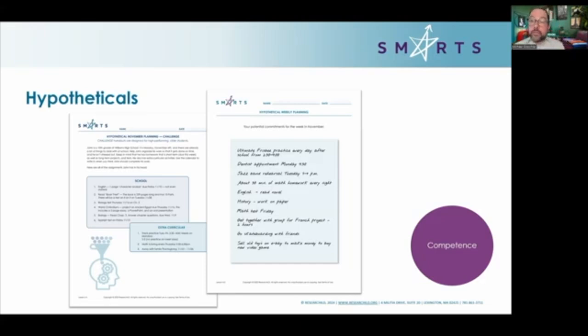Okay? Another great competence-based strategy is doing a hypothetical. It could be very overwhelming to plan out your month. If you're a junior in high school, it's important to do, or in college, forget about that. You need to be able to set weekly goals and work towards the big stuff, but that's really scary. So do it for a hypothetical, an imaginary student. And these are both coming from the SMART secondary curriculum. We plan out either a whole month for a busy kid who's a 10th grader or a week for a student who has a very busy week.